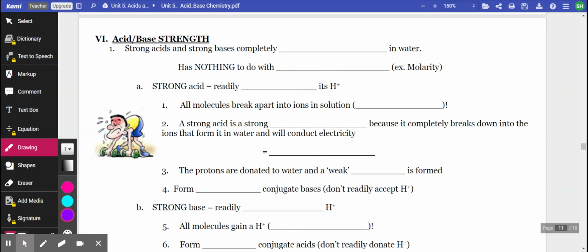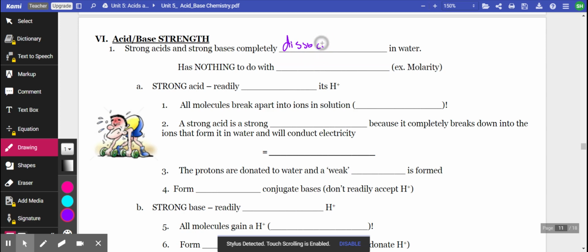All right, so for today's notes, we are going to do page 11 on acid and base strength, so a little review of what you did from the POGIL. And then there's some practice on page 12, just modeling strong acids and weak acids and how that relates to concentration. So strong acids and strong bases, as you have learned, completely dissociate